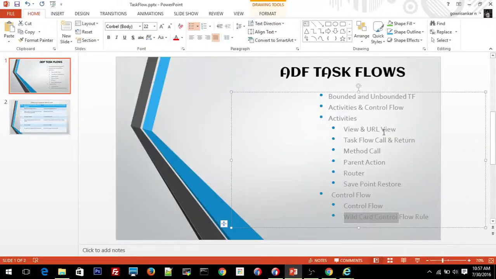So with this, I have covered some of the activities: the view, the URL view, and the control flow, and the wildcard control flow also. To reiterate, the view is for creating the navigation between page to page in the task flow, and URL view will just take you to something like google.com, and task flow call